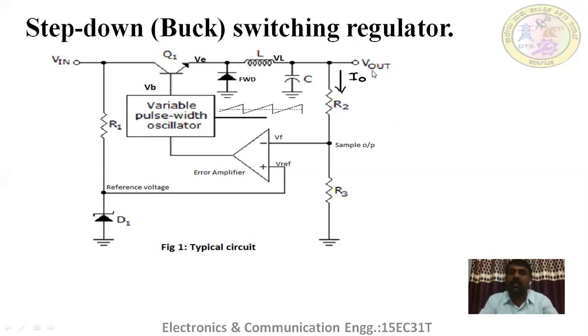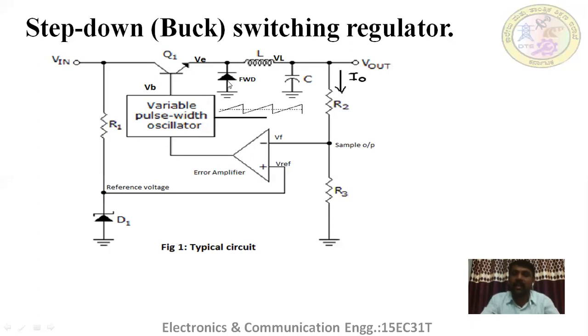Let's see what happens. What about the output voltage? When the switch is on, the input voltage appears, and when the switch is off, the voltage across the inductor is available. Let's see how the current flows while the switch is off. When the switch is off, the inductor has already stored energy. As I said, when it starts charging, the left side of this inductor is positive. Once it is disconnected, the polarity of the inductor is reversed.